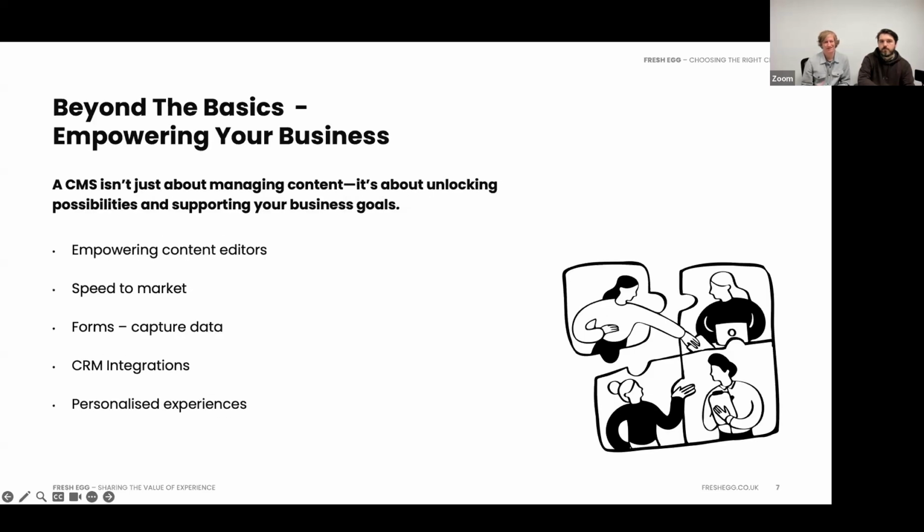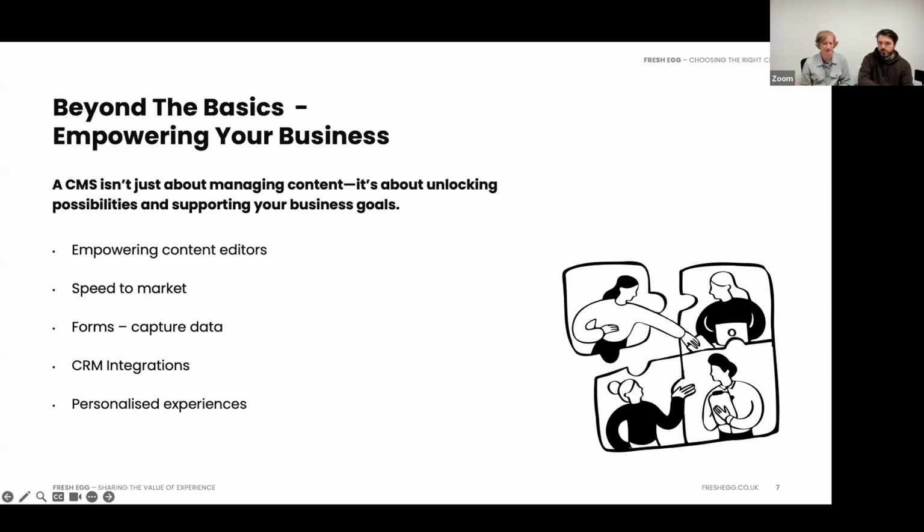So CMS is there to edit content, but really we see CMS as empowering your business. So you should be able to launch those marketing landing pages. You should be able to do that in a fast way to get to market without going through your IT team. But there's more you can do. You can add and edit your forms so you can capture data, integrate, and communicate with your users. Those forms can post to your CRMs, for example,